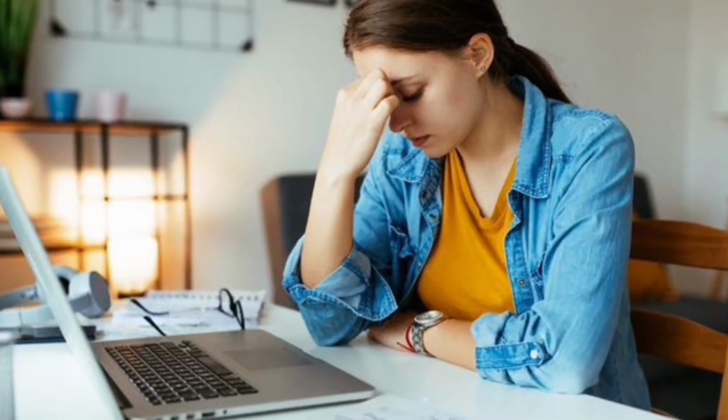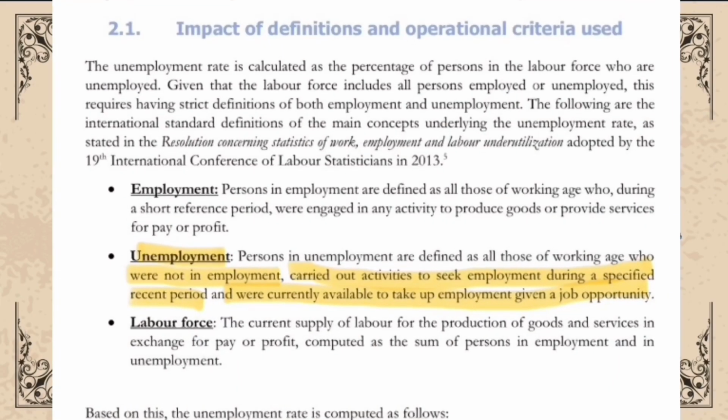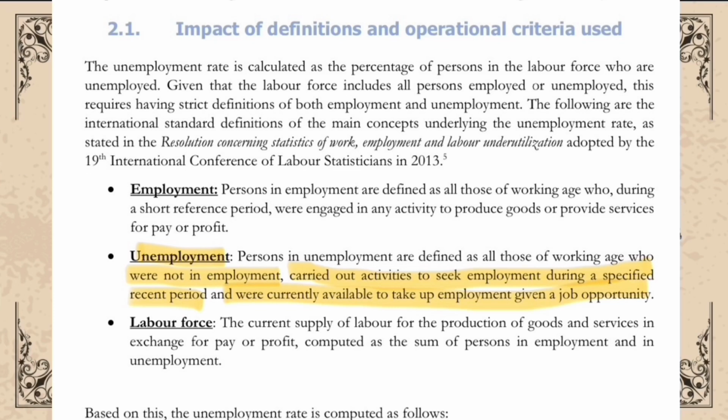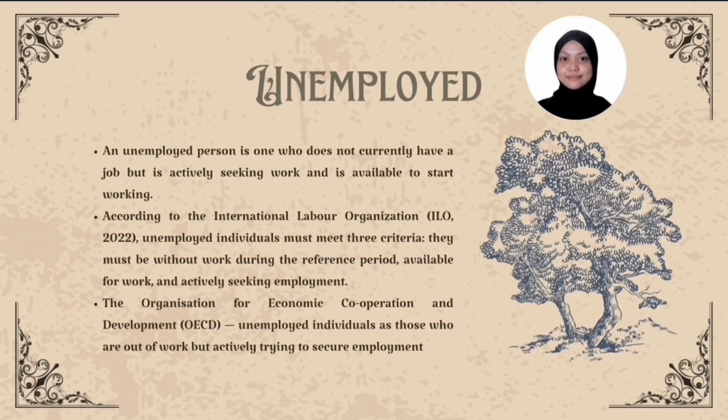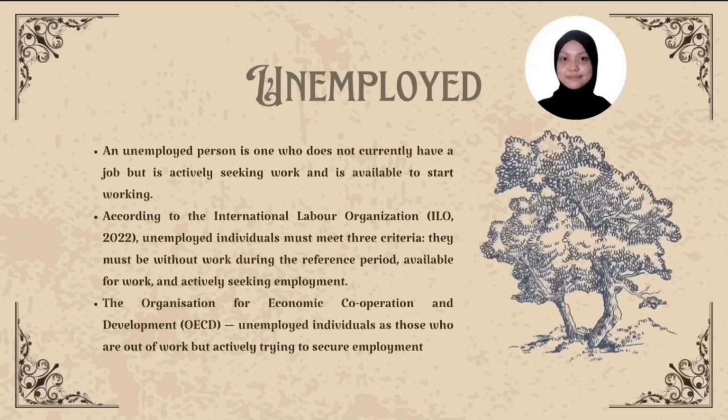It doesn't just mean someone isn't working. To be considered unemployed officially, a person must not have a job, but also must be actively trying to find one and be available to start if they get hired. So, for example, if someone is not working but isn't looking for a job either, they wouldn't be counted in the unemployment stats. This may seem like small stuff, but it actually matters a lot. These definitions are used by researchers, economists, and governments to decide how strong the job market is. It also helps them know where support is needed, whether it's creating more jobs, offering training, or changing policies.